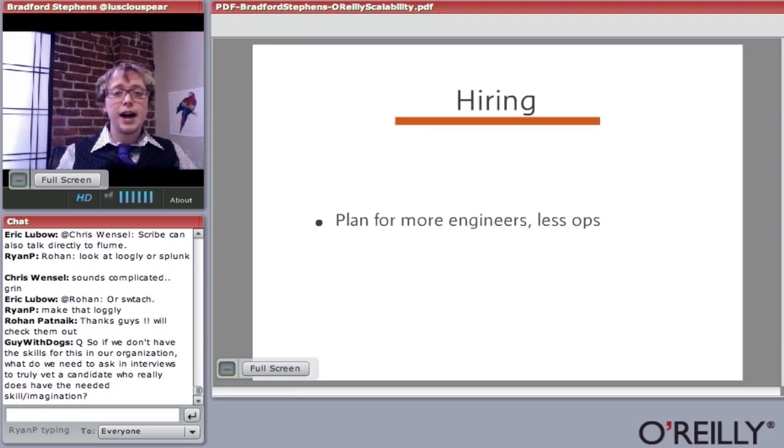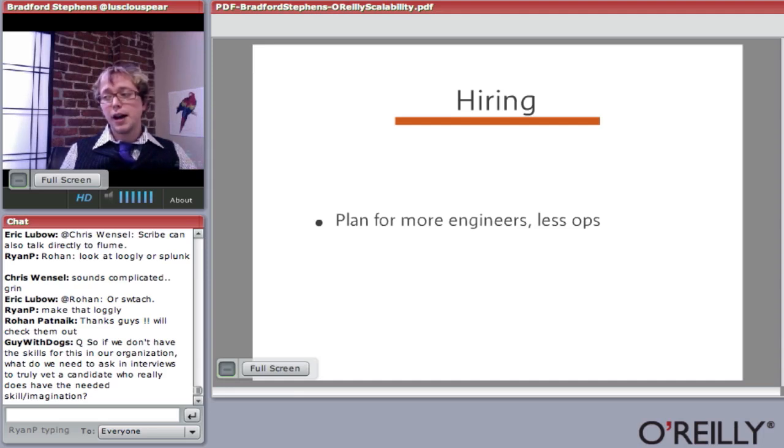One of the most important things is hiring folks. You need to plan for more engineers and less ops, because ops isn't going to scale if they can't write code. If you've got 2,000 machines and you used to have one person maintaining two machines, you can't hire, well, Microsoft does this, but you can't hire 1,000 folks to run 1,000 machines, especially if you're a little 5-person startup. But it's not that hard to hire a really rock star engineer, and these guys are not cheap. Good engineers, especially if you're down in Silicon Valley, are going to cost you $150,000, $200,000 a year. But they'll save you $10 million in hardware and $10 million of hiring ops guys.